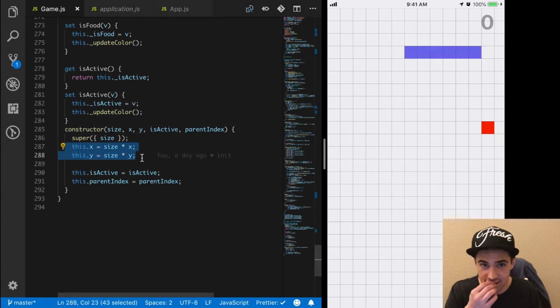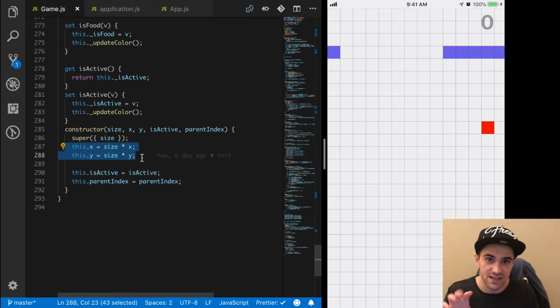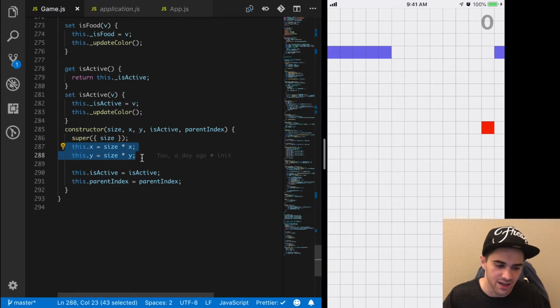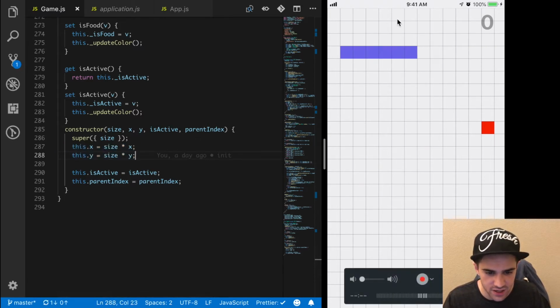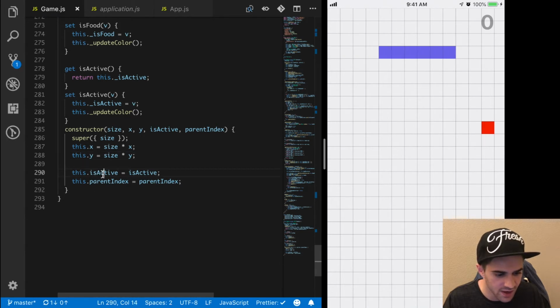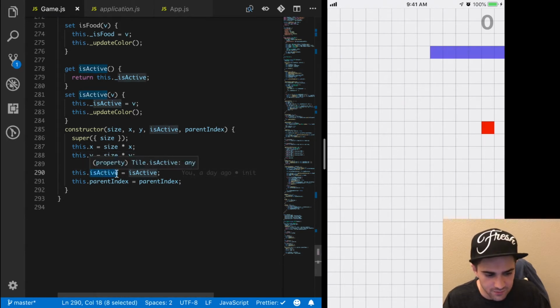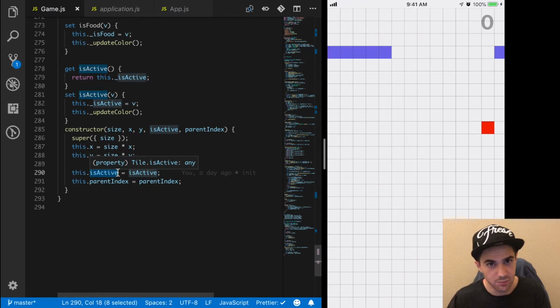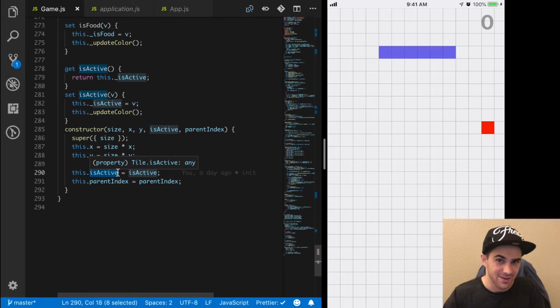We don't actually pass in the correct X and Y values. We pass in some value and then multiply it by the tile size so that each thing comes into the right position. And then is active. What active means is it's on, so it's part of the snake. I guess is snake would be a better name for that, but